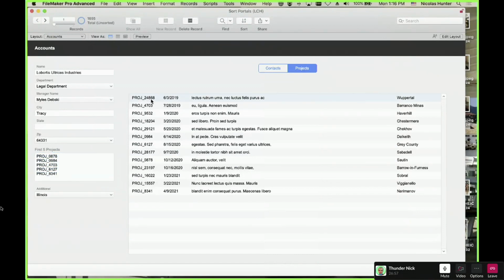It says 2486, 4703, 9532. Nothing to do with this. So why is this not showing the first 5 projects? Oh, it's because we sorted